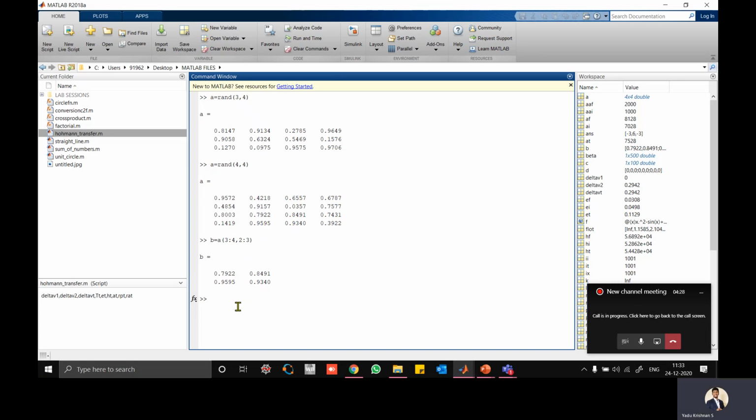I need to replace the 4th row, so A of 4, colon, meaning the entire columns from 1 to 4.